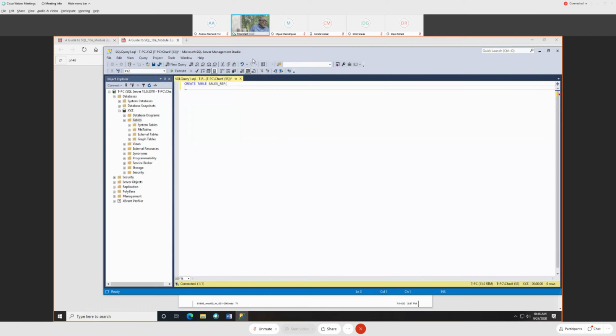Now you start putting your variable. For example, we have a rep ID. Now you need to put the data type, char, to, let me